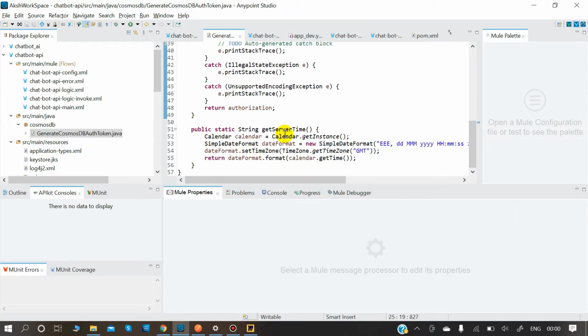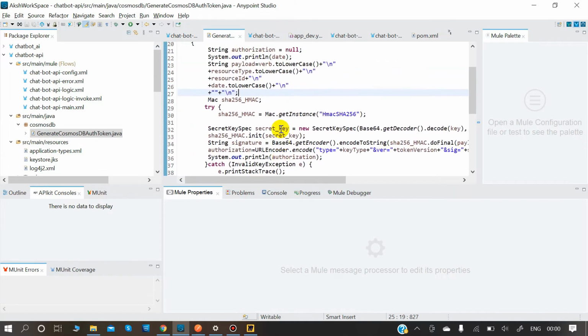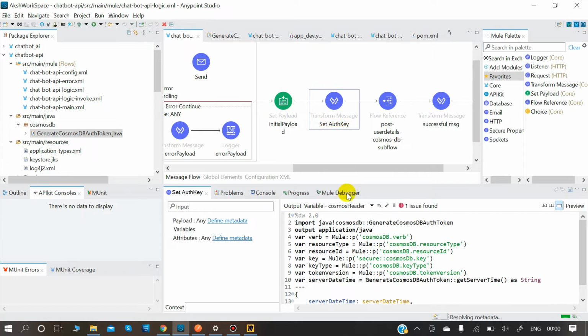This particular method gets the server time and gives you the format of the date. So these two functions we are trying to bring here in this set auth key.